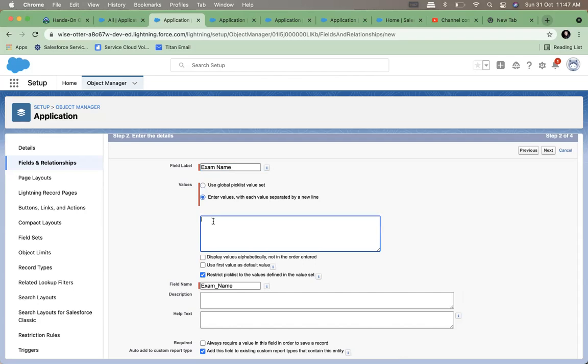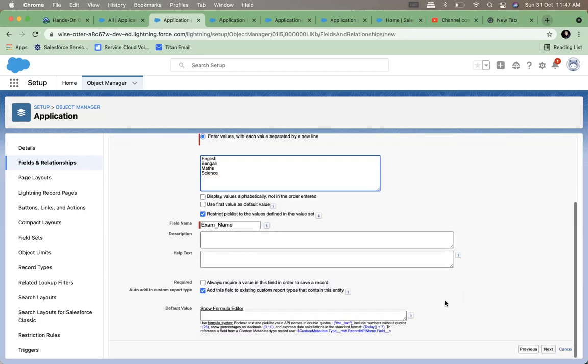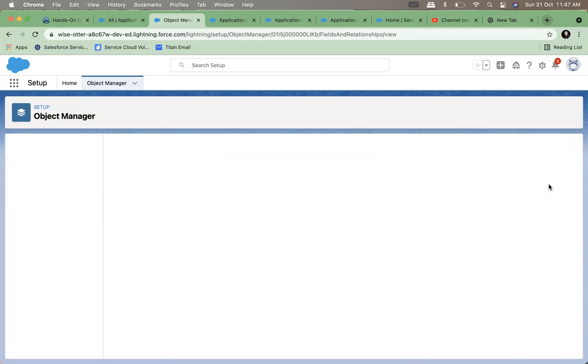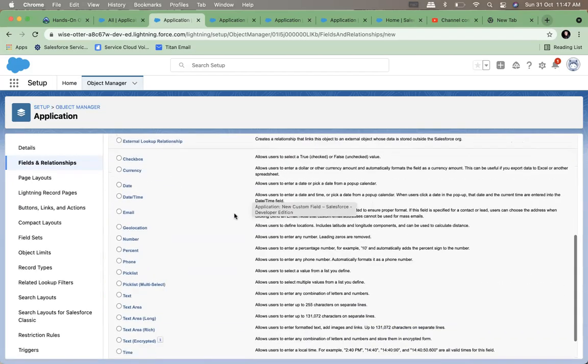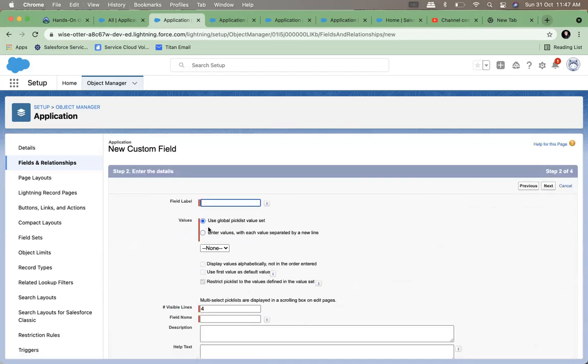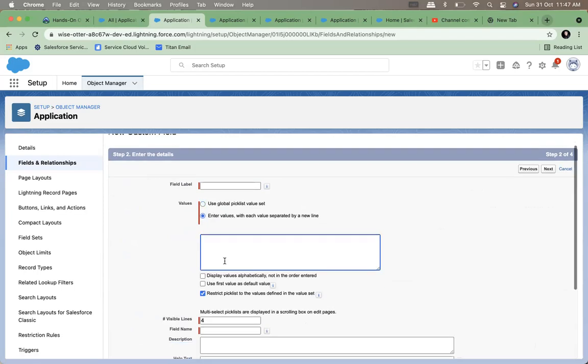You can say English, maths, science. That's it. So you can choose one value out of these values in your pick list. If you want to choose more than one value, then you have to use a multi-select pick list, right? And you can set up the same values again.